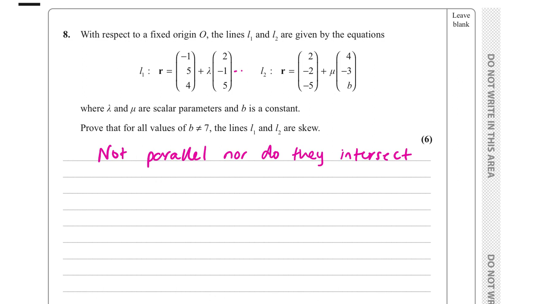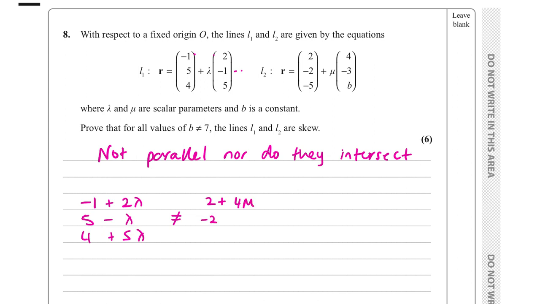To prove that L1 and L2 don't intersect, we have to show that -1 plus 2 lambda, 5 minus lambda, 4 plus 5 lambda does not equal